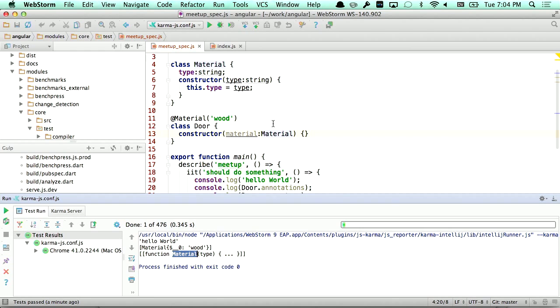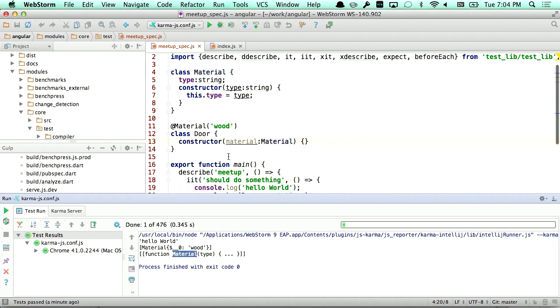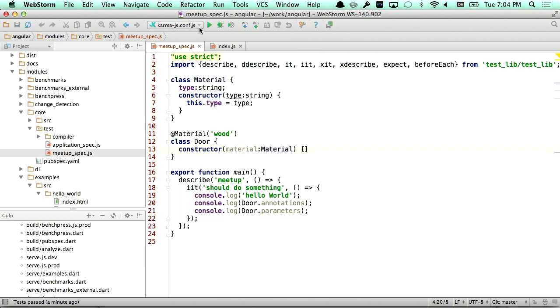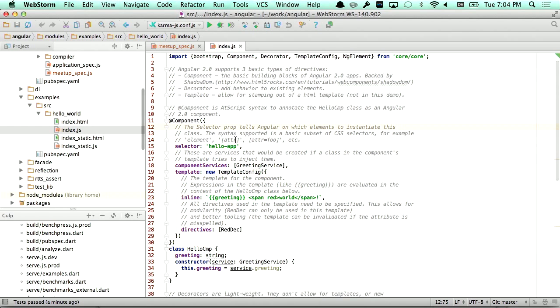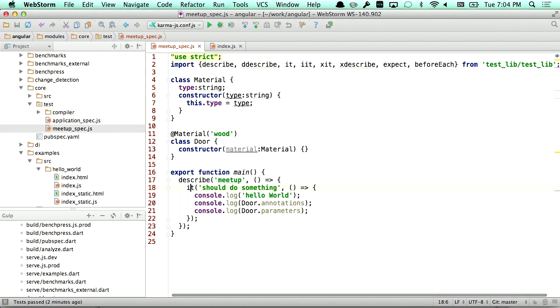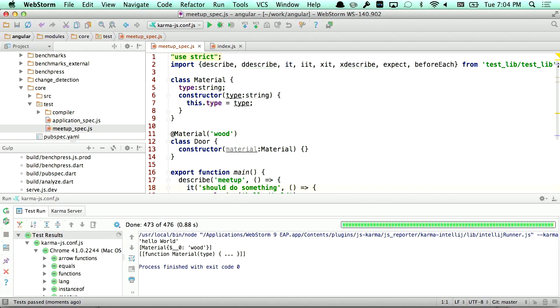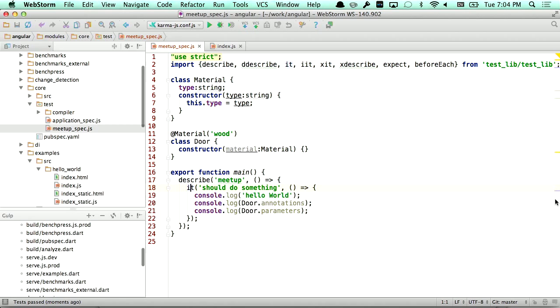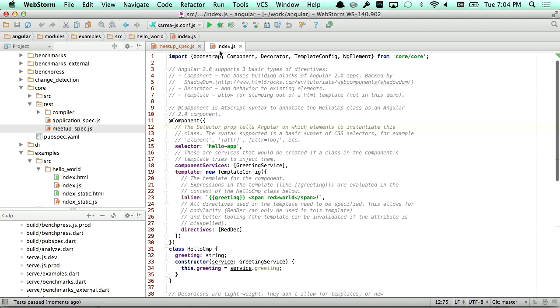All right, so this is where we are with Atscript today. Let me show you how something like this can be used. So we're working on Hello World. Before I do that, let me just show you. I execute this. Angular 2 is well alive. Currently, we have about 476 tests and growing. So what does Hello World look like in Angular?